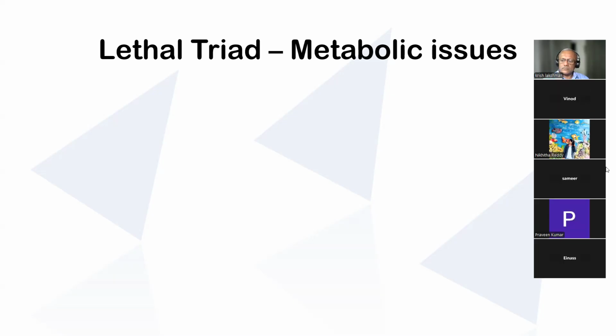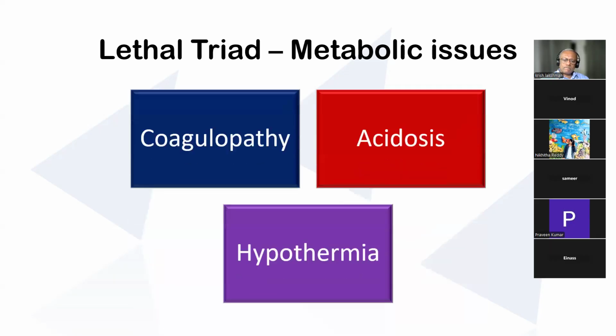So it is acidosis, then hypothermia, and coagulopathy. This is very important. Now you go back and look at the blood investigations I asked for: PT, PTT, INR was one of them, and platelet count. These are things you have to bear in mind because coagulopathy is a very real